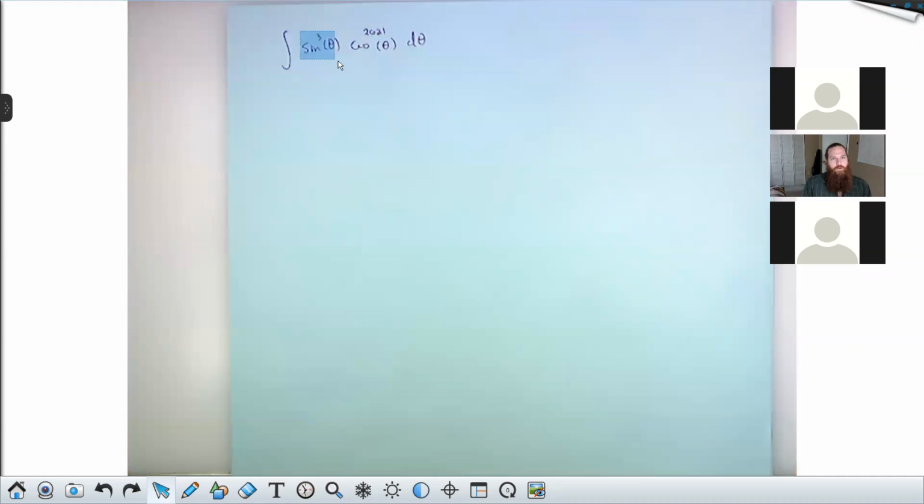So what if I wanted to integrate sine cubed times cos to the 2021 theta d theta? Here both powers are odd. So according to the strategy that I've just outlined for you,